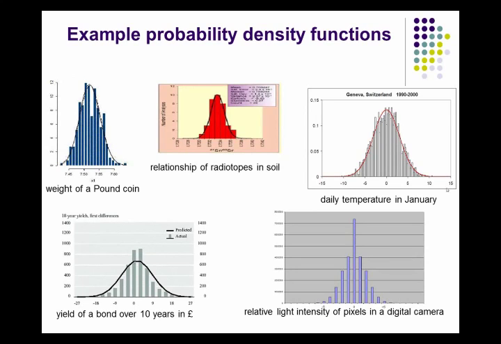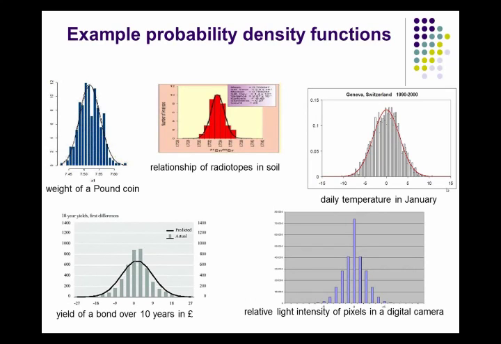But the point is, it is actually distributed. So if you have this distribution, you can predict how many pound coins are exactly 7.6 gram. It's about, I don't know what this axis is, but it will be something like 5% of them. Okay? That's the relationship of radioisotopes and soil, just completely random, just to show you that any physical measure that